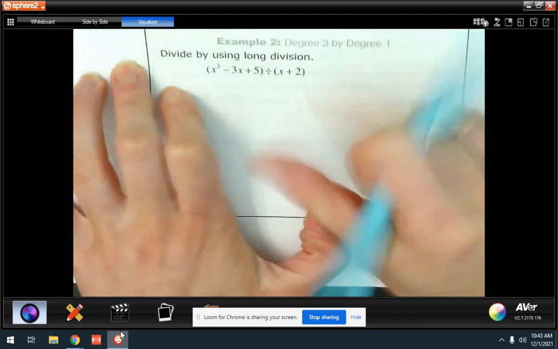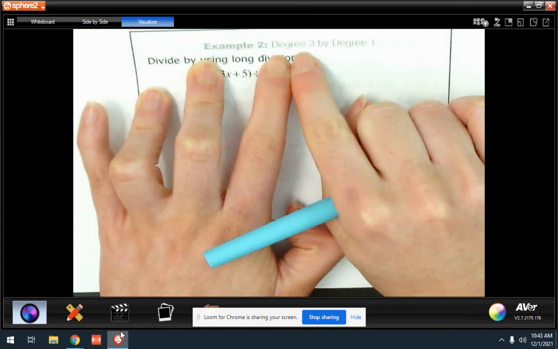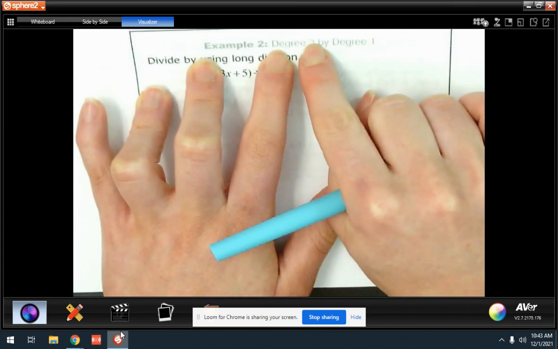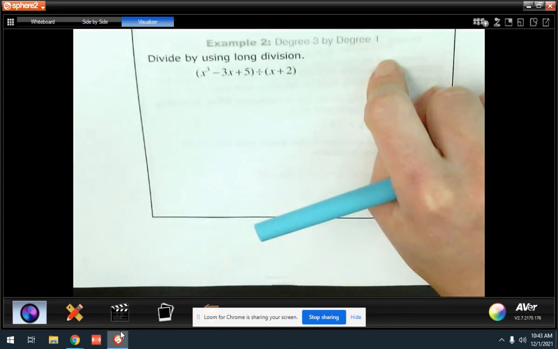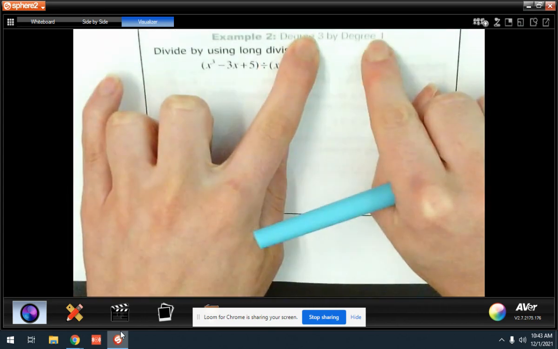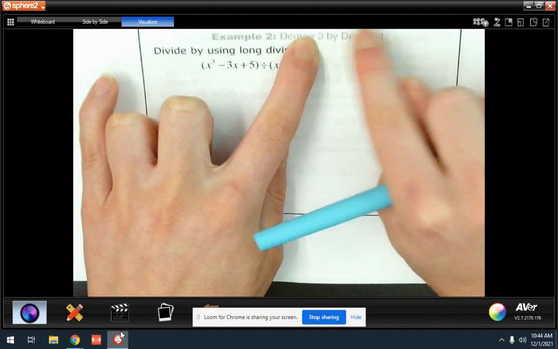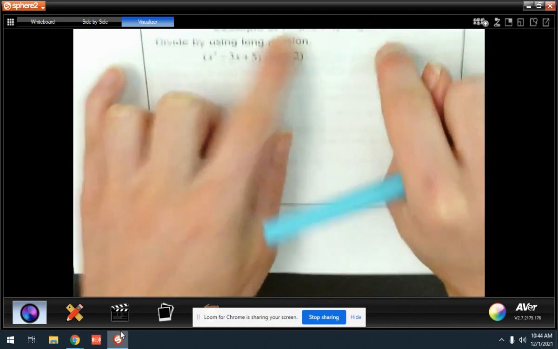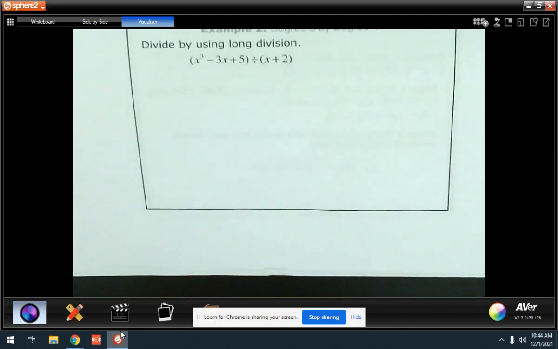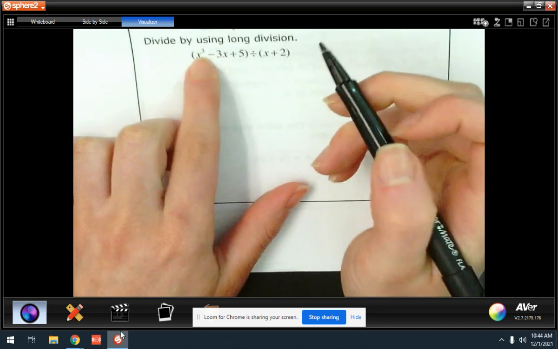Okay, and so we are going to be dividing degree 3 and degree 4 polynomials by degree 1 and 2. So I'm going to have 4 examples, one of each type. Degree 3 by degree 1, then degree 3 by degree 2. Degree 4 by degree 1, then degree 4 by degree 2. Okay, and so the most important thing you need to know is you have to have a placeholder for any